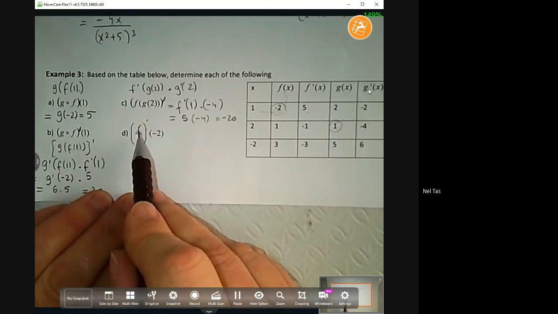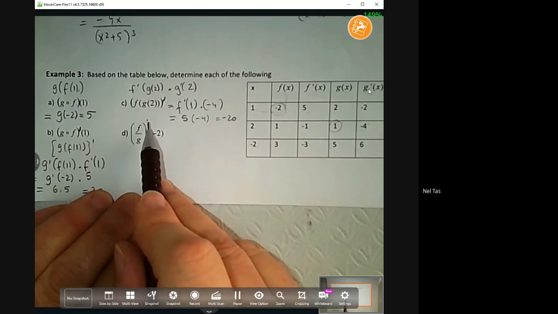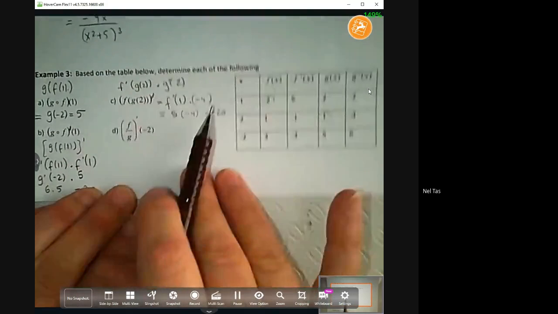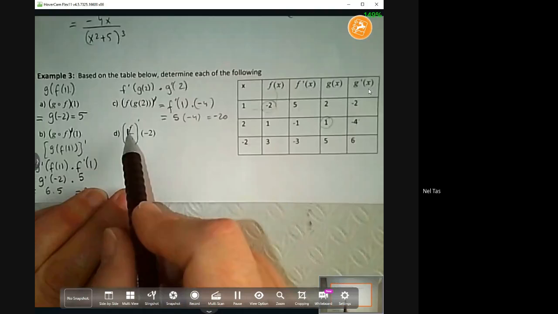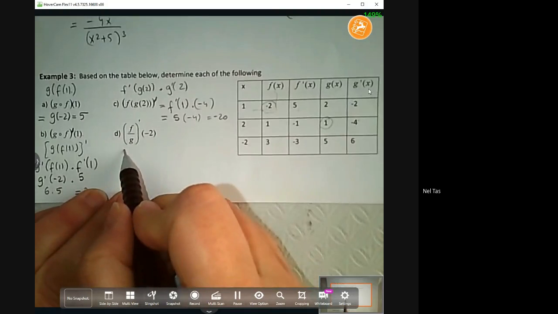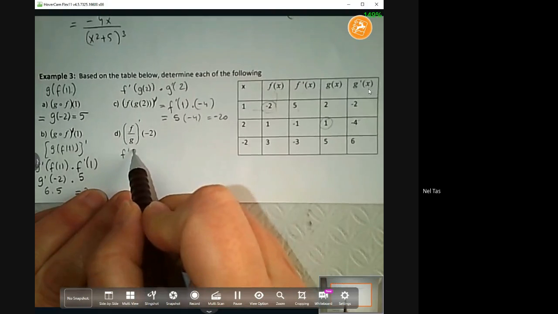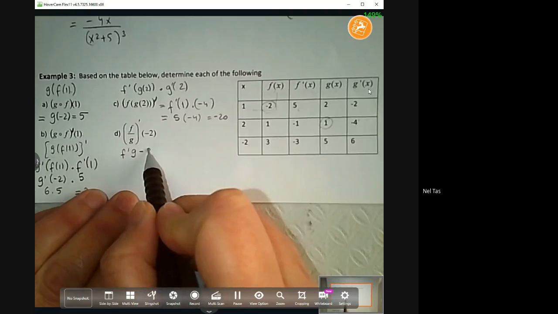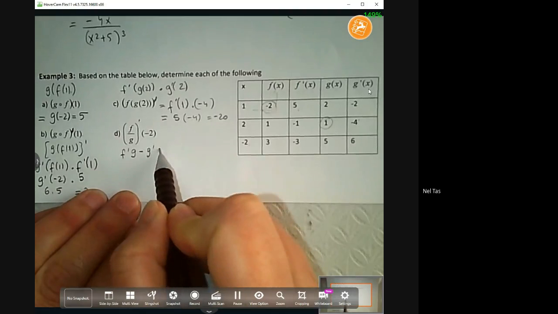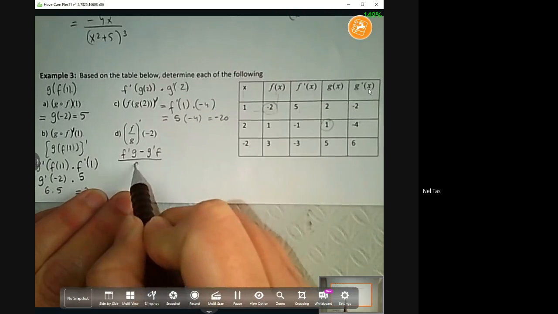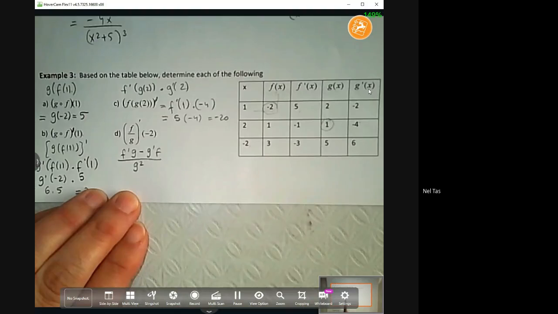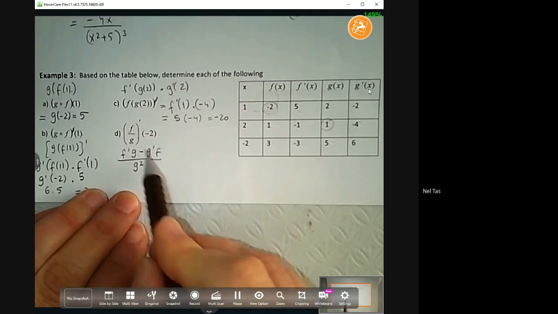Next one is f over g prime. So let's remember the quotient rule. You have f over g, so you take the derivative of numerator, multiply it by denominator, minus take the derivative of denominator, multiply it by numerator, over square of the denominator. So you're going to now calculate this